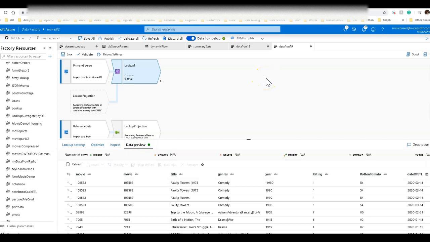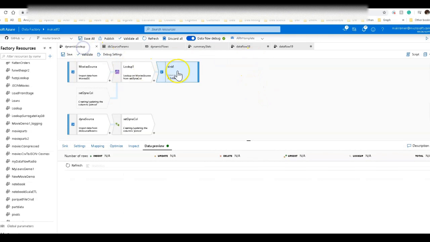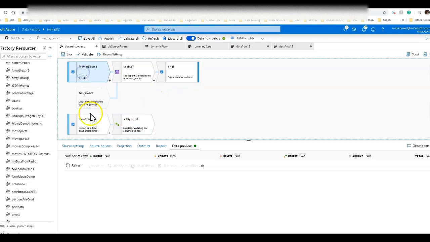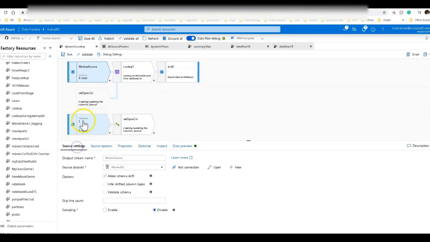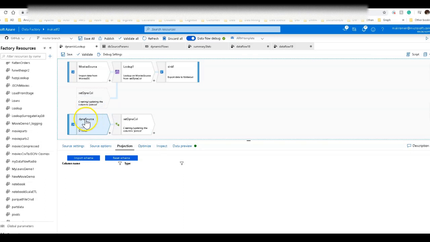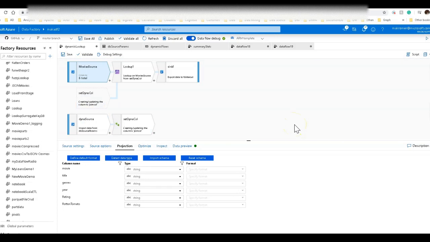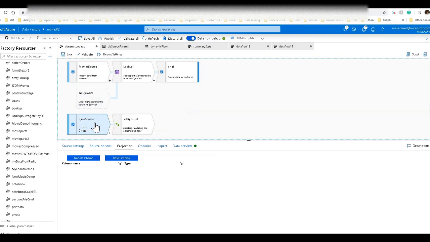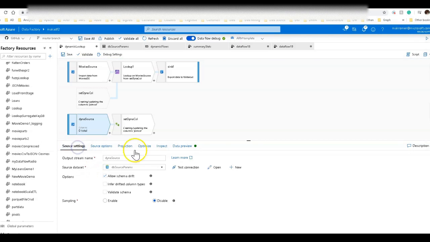Alright, so that's a very primary fundamental use of the lookup transformation. Now, let's go back to the dynamic lookup and let's make this dynamic. So here I have my movie source, and then I have my database source, or my lookup source at the bottom. Pretty much the same as what we just built in the data flow with the lookup a second ago. But on the bottom source, which I'm using for the lookup, there is no projection because I'm using a